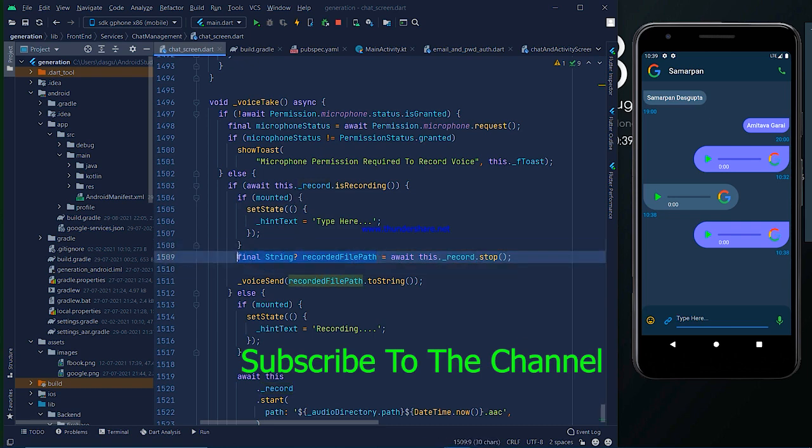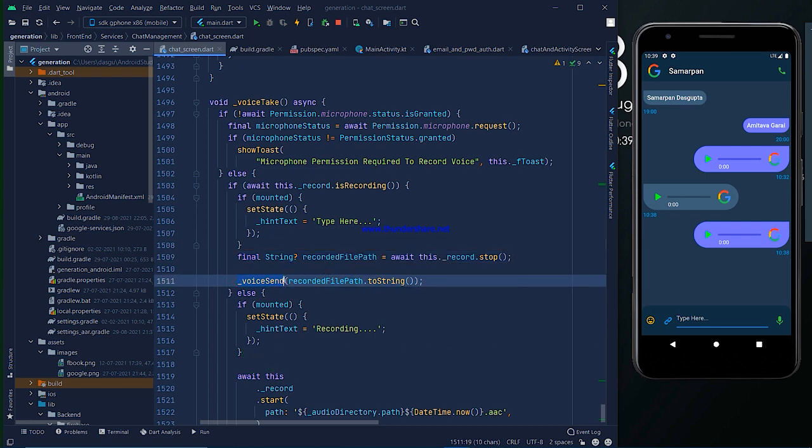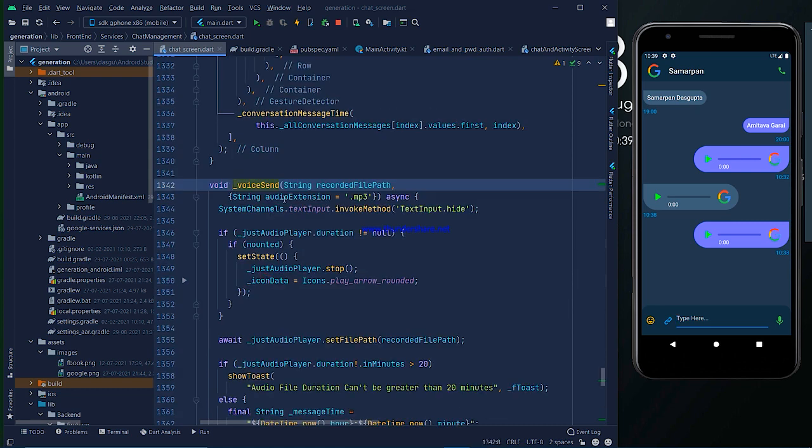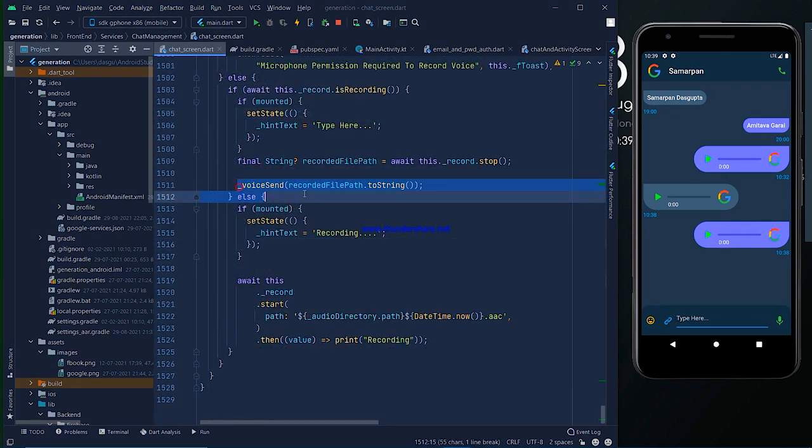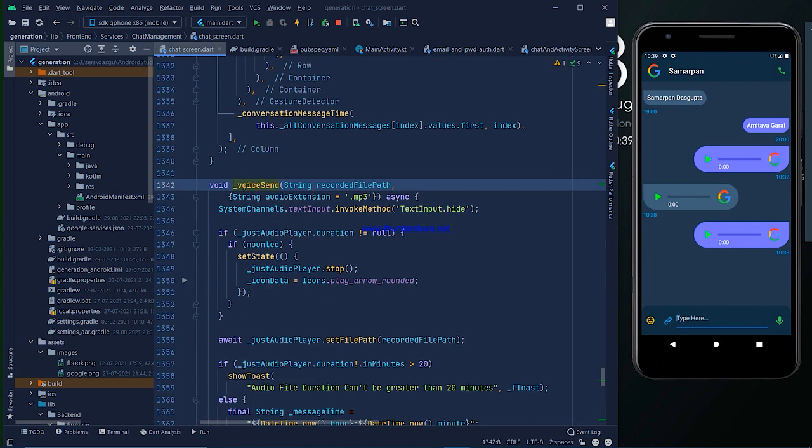So we take the recorded file path from here, and as you see, earlier, when we took the voice or audio file from the local storage, we made that function, right, voiceSend. Under that voiceSend method, we provided the recorded file path, converted with toString.